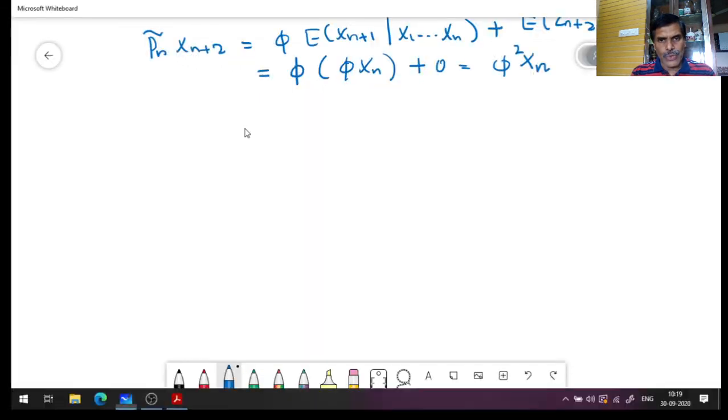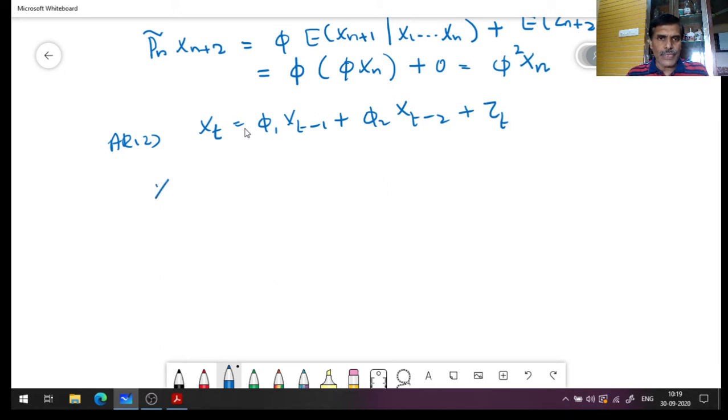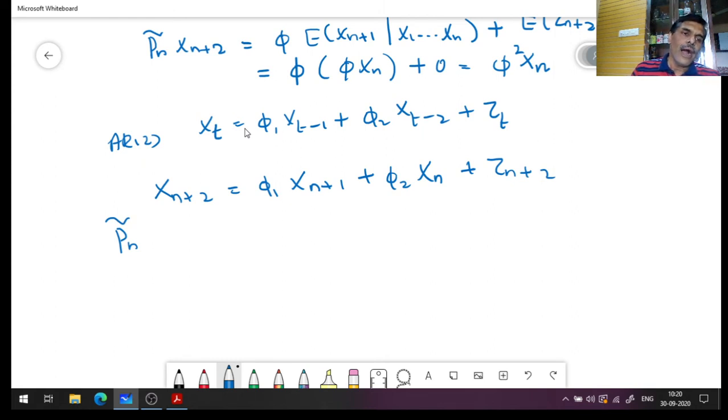So in the case of AR(2), X_t equals phi_1 X_{t-1} plus phi_2 X_{t-2} plus Z_t. What I will do is X_{n+2} is equal to phi_1 X_{n+1} plus phi_2 X_n plus Z_{n+2}, and then we need to compute P_n. See, this n stands for up to what time the data goes, that's what n stands for. So this is given by the expected value of phi_1 X_{n+1} given the data,